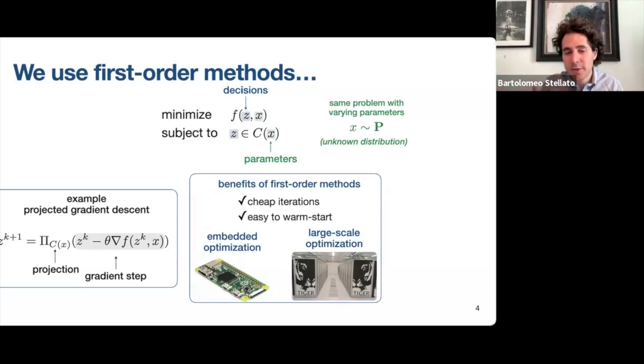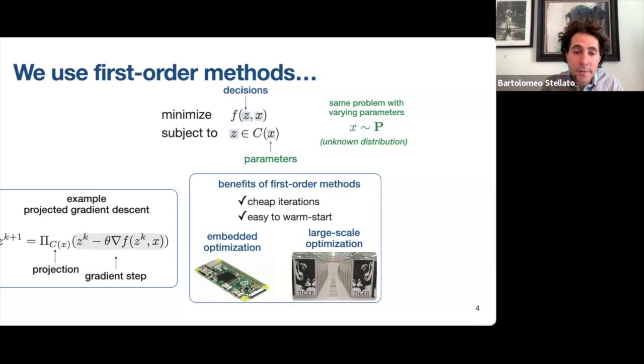And this is probably what most people are familiar with in large-scale optimization tasks, for example, training deep networks. But also on the other end of the spectrum, you can deploy these algorithms on very light, small computational platforms like embedded systems, for example, microcontroller devices. So this flexibility allows you to really go to extreme small or large scales, and this is because you have cheap iterations. Now, the other reason is that you can also warm start these algorithms, as opposed to, for example, interior point methods